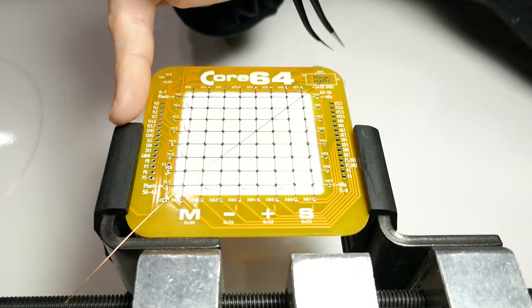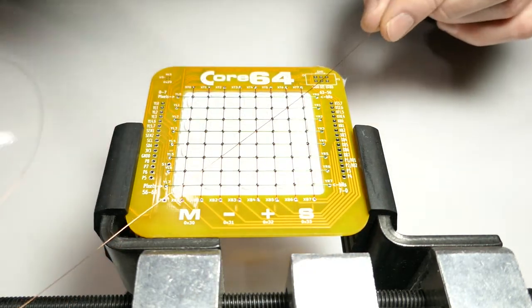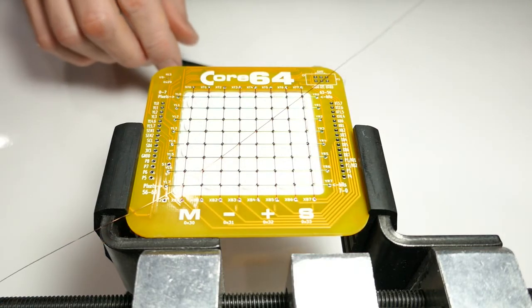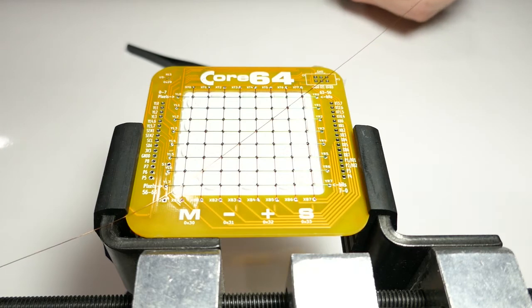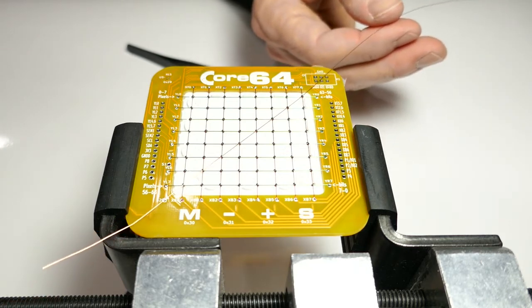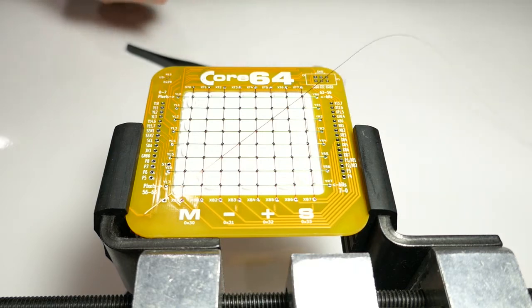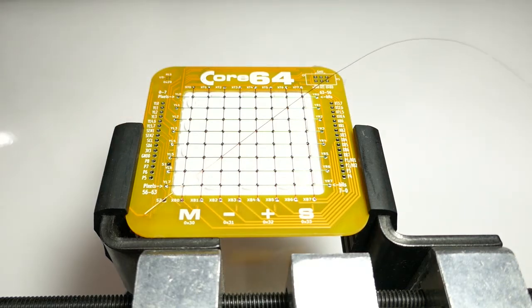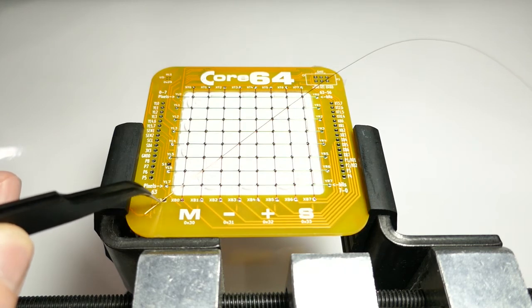So now that we're through, this is the longest stretch. We're just going to pull this wire through and through and through. You could start with this first one, you could feed it the other direction initially to save that step, but it's not that big a deal. So I'll just leave a little bit on the end here, and this is going to feed down into